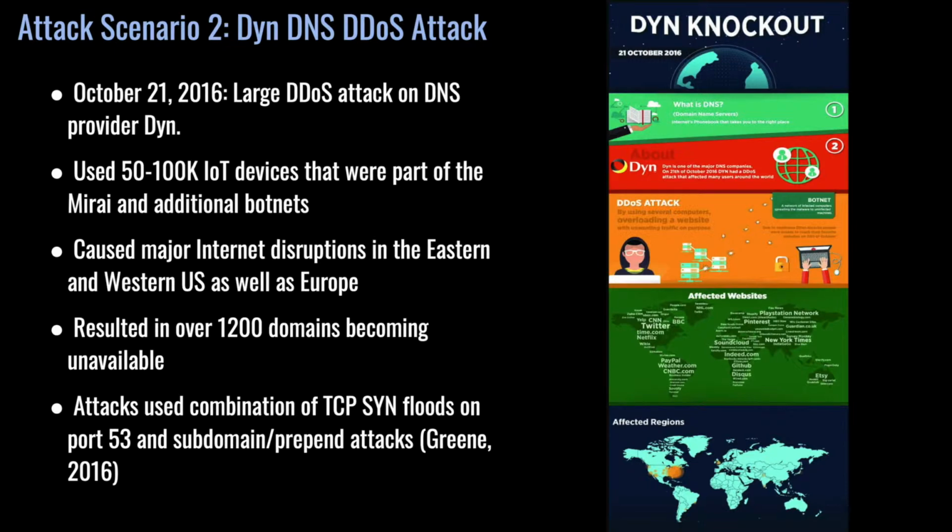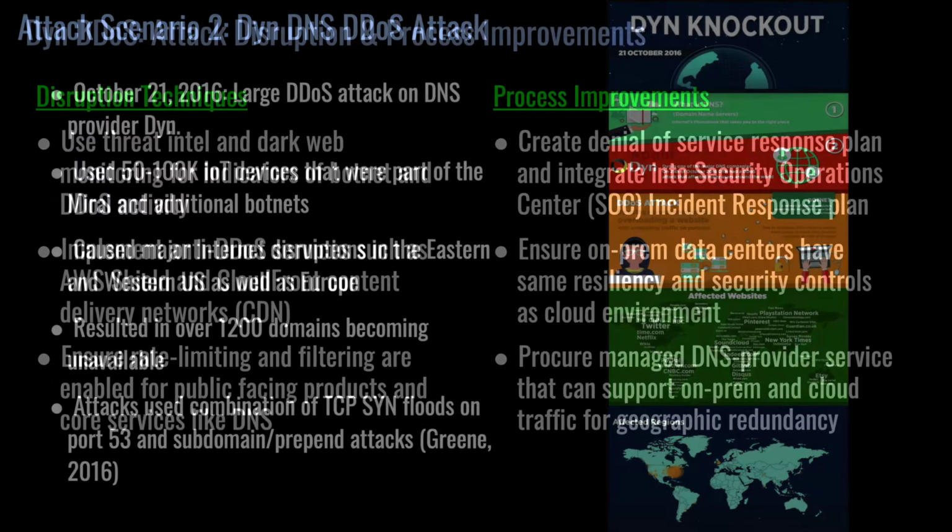Okay, let's look at a second attack scenario. This is the DNS DDoS attack. This attack highlights the importance of core services redundancy and implementing controls to detect and mitigate malicious traffic. Since most of our flagship products are software as a service, web-based offerings, we must understand DDoS threats and how to ensure we minimize disruptions to avoid revenue loss.